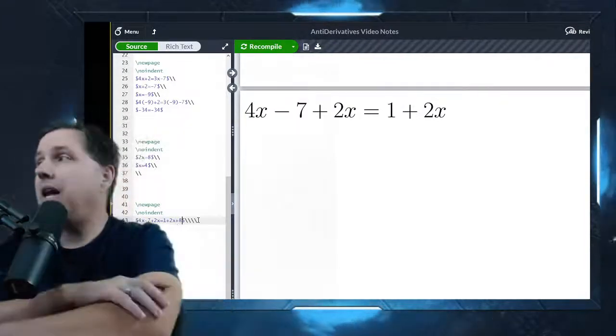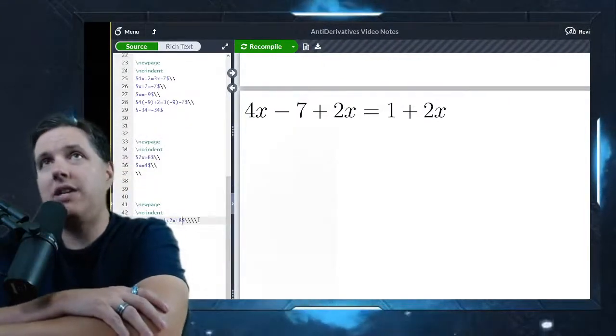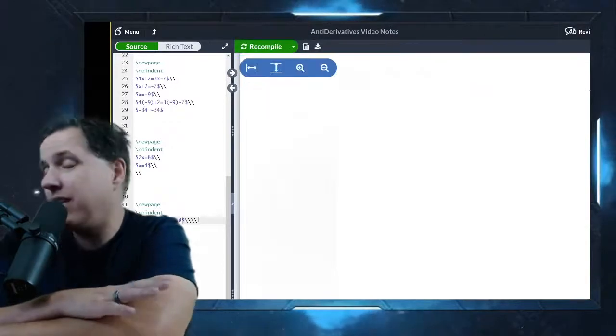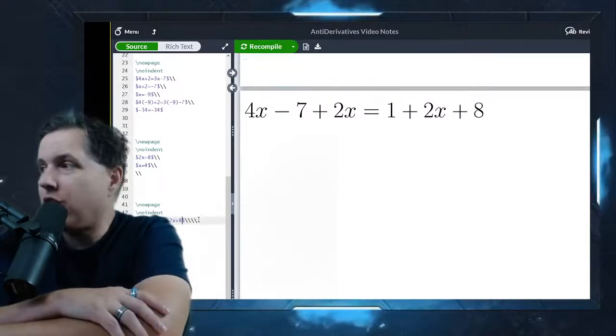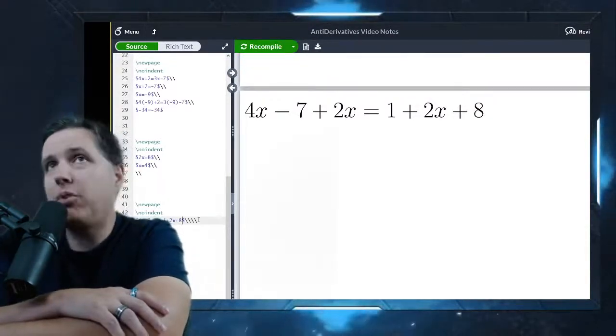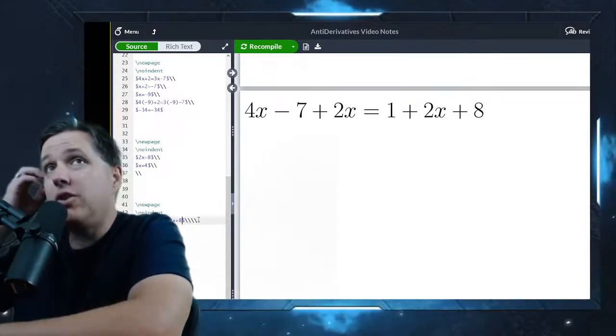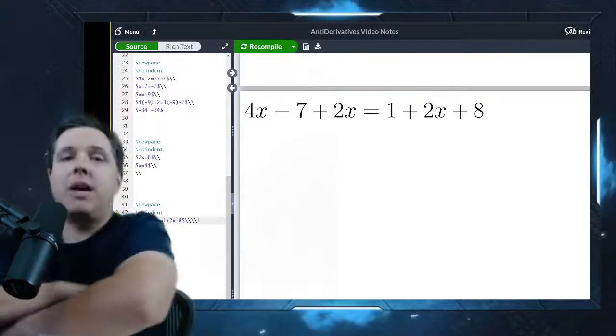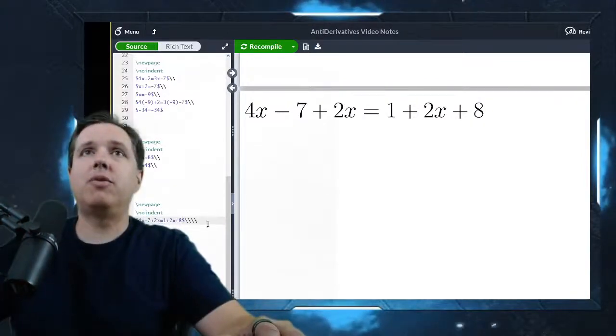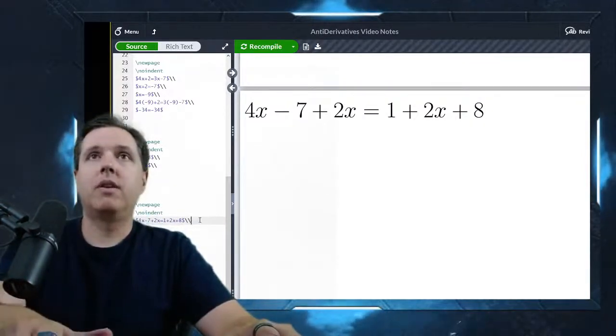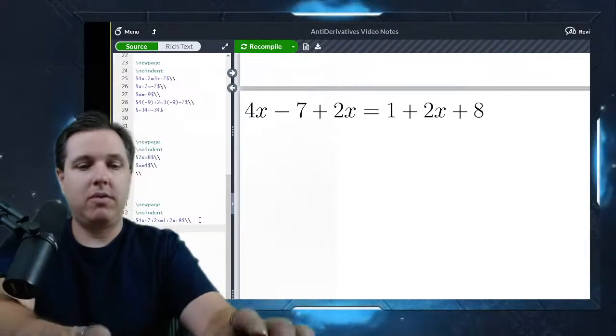Okay, this might look way more complicated than the problems we've done so far, and actually it is, but it's not that much harder. Once you know the steps that you're supposed to go through, if you could do the ones a minute ago, you can do this one. So step 1, and I'll write out these steps. Step 1